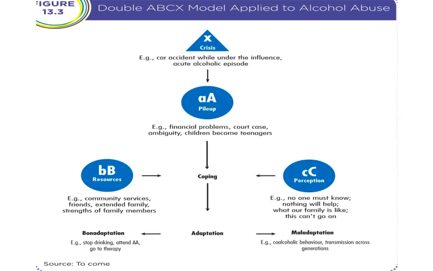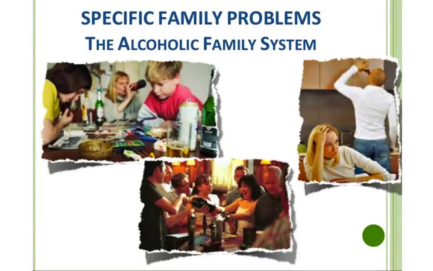And so when you look at this particular model, remember that with the double ABCX model, what we're seeing in this example is from the crisis, which is a car accident, but the alcoholism has already begun in the first ABCX. We're into the pile-up, and resources, perception, and coping lead to either bonadaptation or maladaptation. So if we carry on,